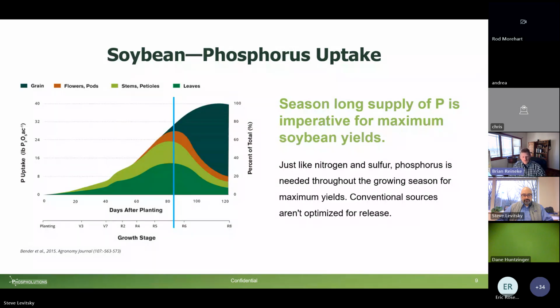Same thing for soybeans. When we get into the reproductive stages of growth for soybeans, that is where the plant demand for phosphorus really begins to skyrocket for not only continued bloom, early pod set and development, and then ultimately pod fill. That's why generally we see an uptick in our yields when we get some good rains in late July through mid-late August, primarily because those rains allow the soil to have enough moisture to release some of those phosphorus sources in the soil for the beans to recover and mineralize, take up into the crop